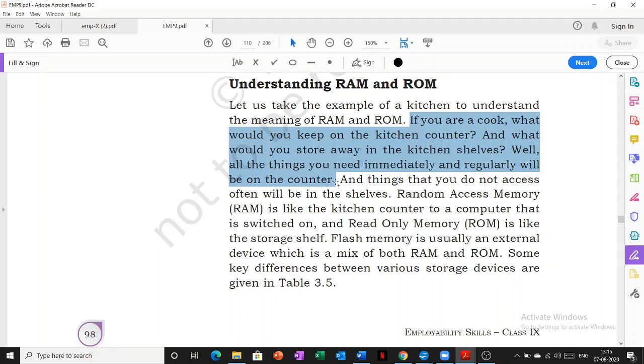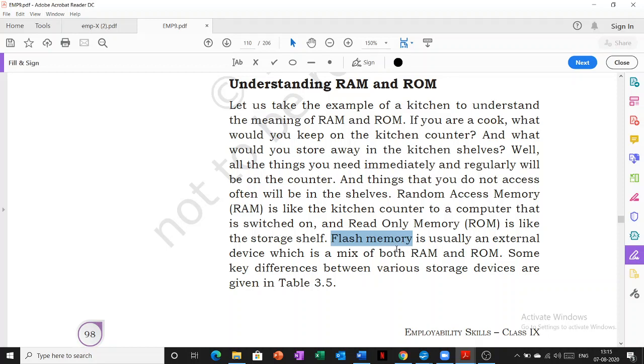RAM is a temporary memory. ROM is a read-only memory; you can't write on it, that means you can't edit it. But I am able to edit my Word document. So where is the Word document file getting stored? Here is a third type of memory, that is the flash memory. It is a mix of both RAM and ROM.